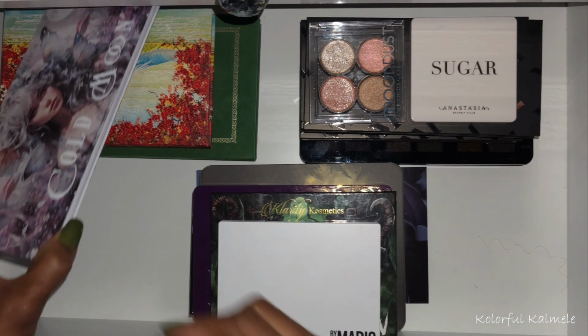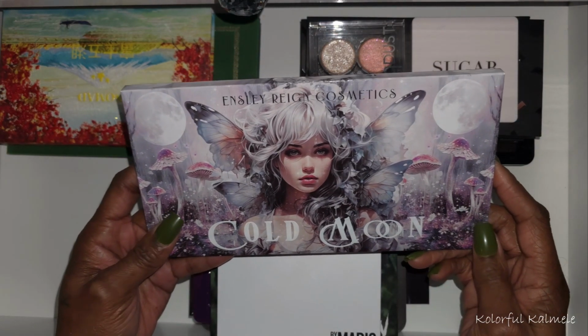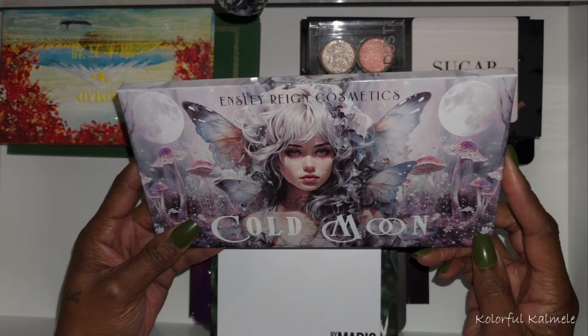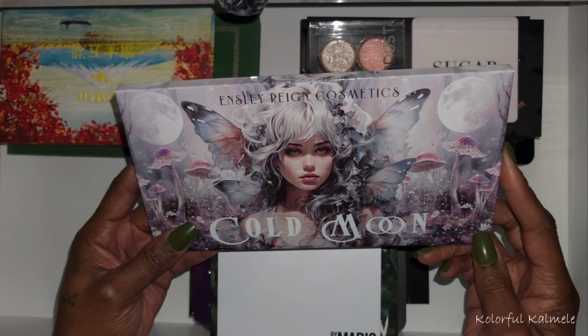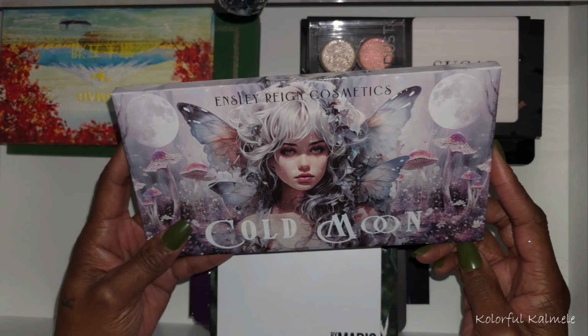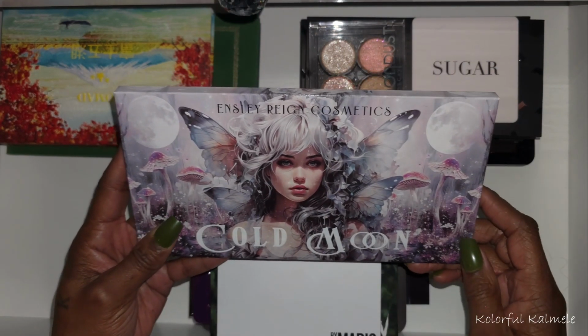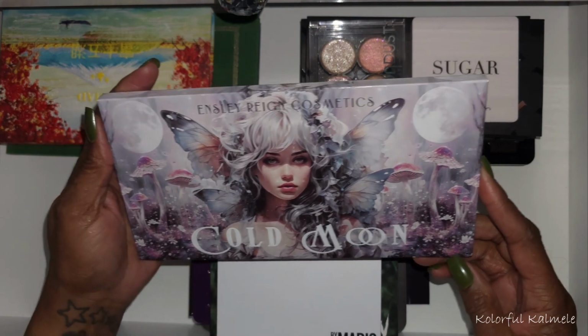So let's just start with this Inslee Rain, since this little fairy face is trying to throw off my camera. This is the Inslee Rain Cold Moon. Pretty pricey palettes. I know they've been strewn in some controversy regarding their AI art. Maybe some things that they,